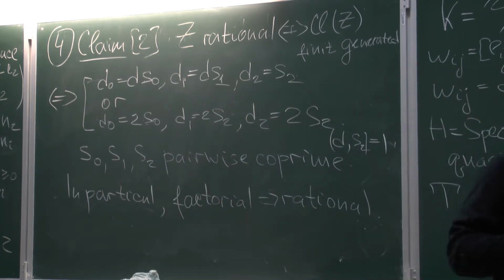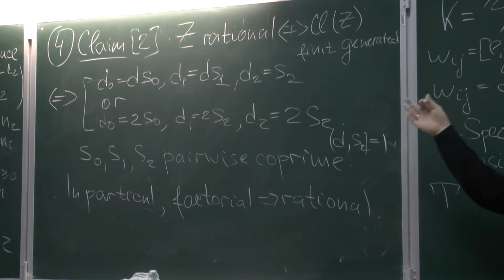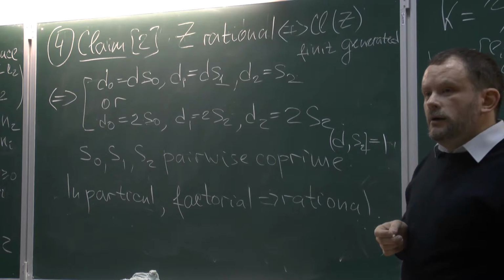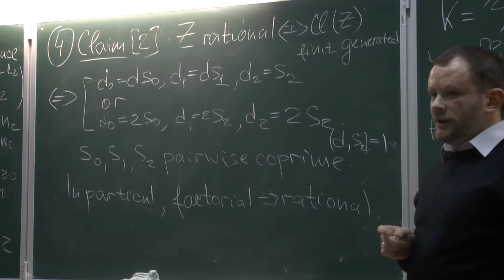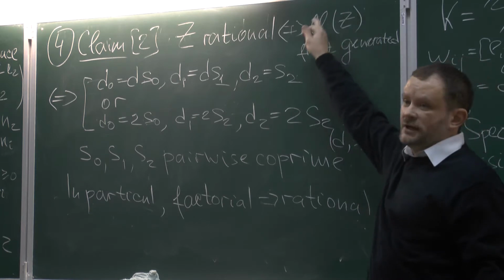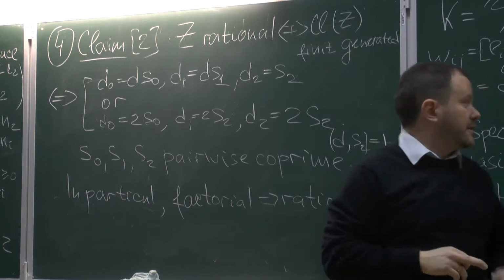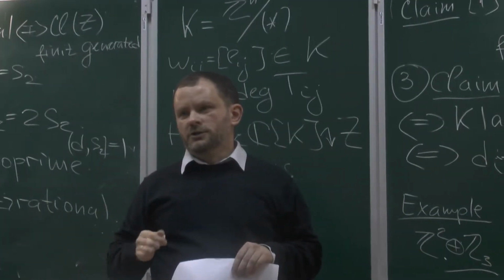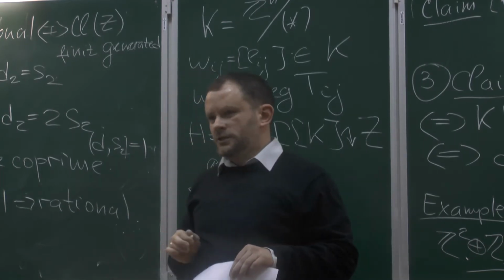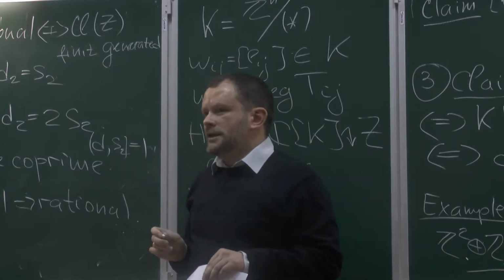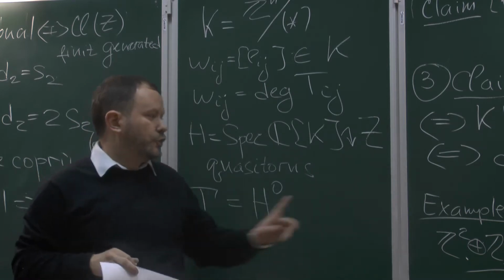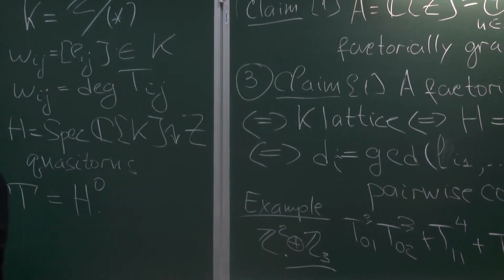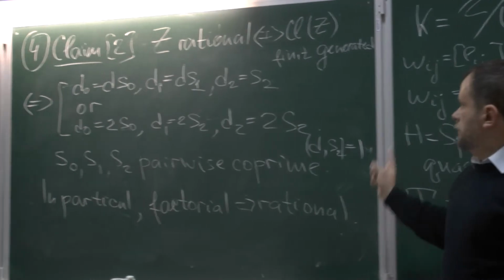I will not explain the proof in detail. Is it possible to express this condition in terms of the group H mod T? Good question. And in fact, now we almost have this answer. What does it mean, say, in the sense of the class group? And this is exactly the question about how it's related to this K and H. No immediate answer. No explicit characterization, but some relations exist. Say, one cannot say that the class group is something like a torsion in this. A counterexample shows that this is not the case.